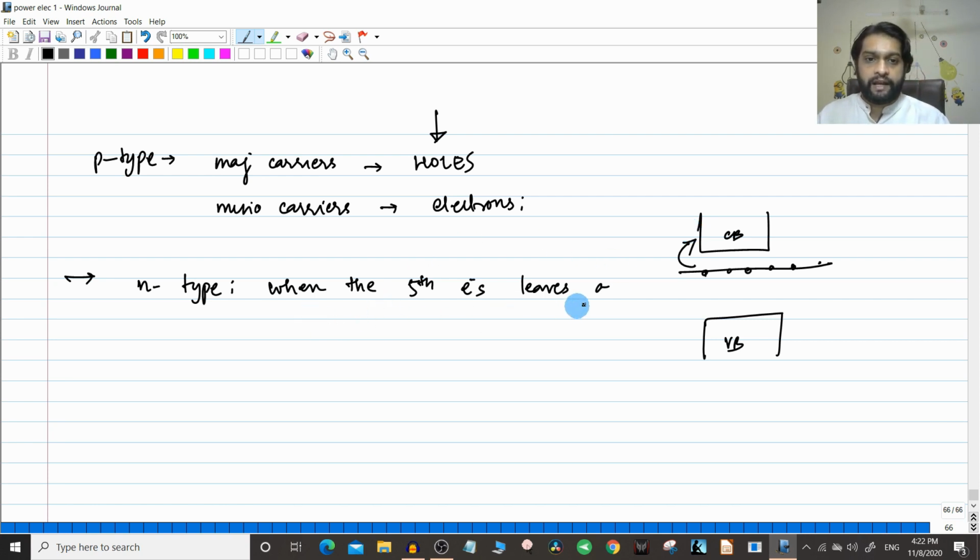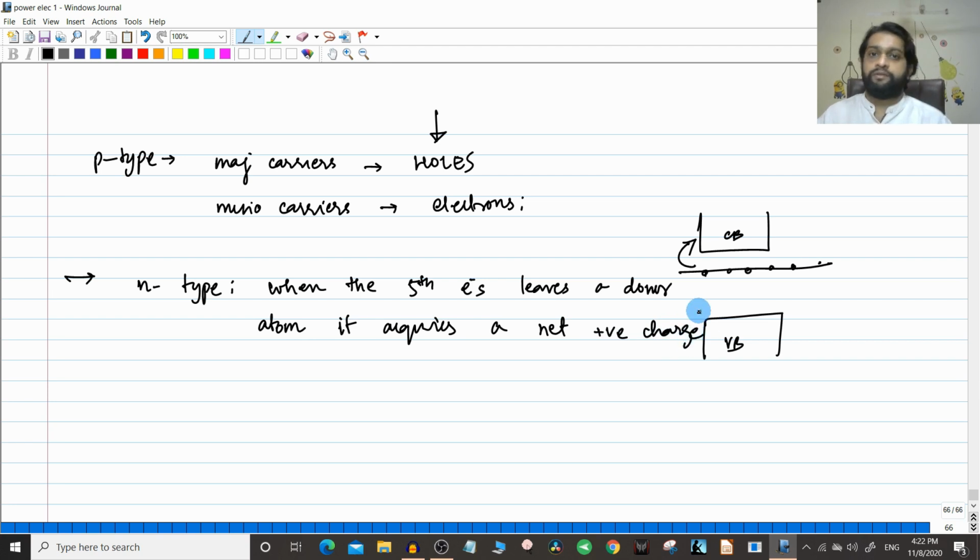So when the fifth electron leaves a donor atom, it acquires a net positive charge. This is also a very important concept. Similarly,